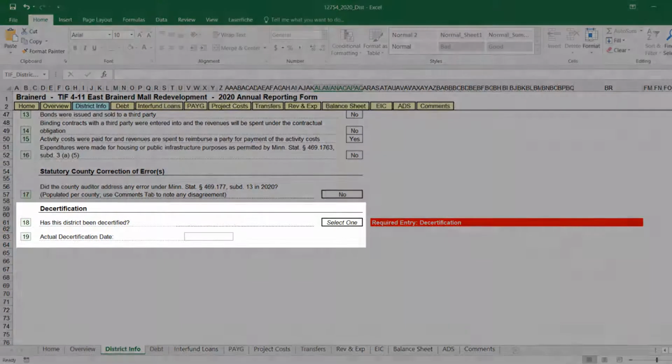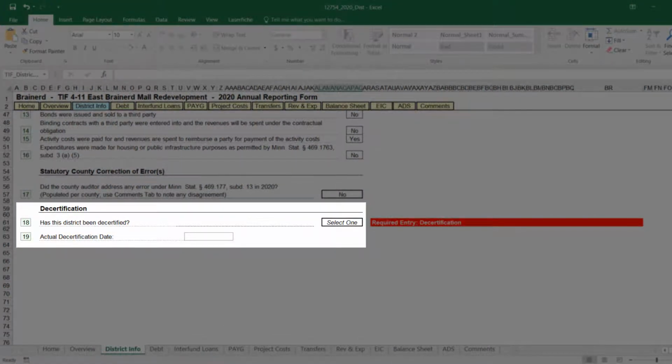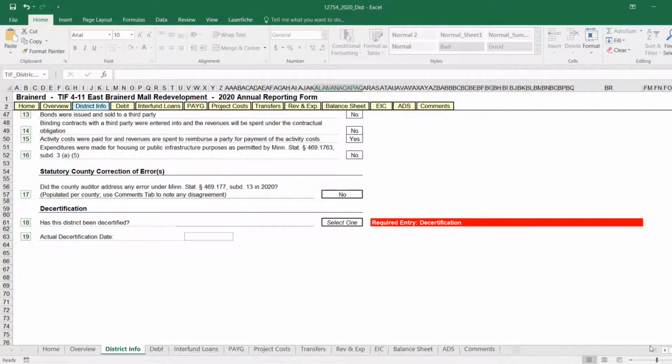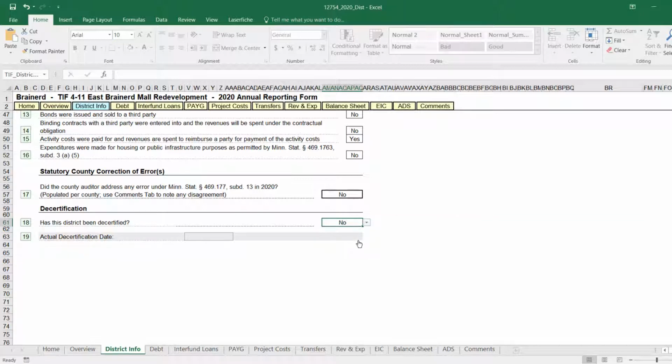In the decertification section, lines 18 and 19 will be populated and locked if decertification information was provided in prior years. On line 18, identify if the district has been decertified. If the answer on line 18 is no, skip line 19. If the answer on line 18 is yes, provide the date on which the TIF district was actually decertified.